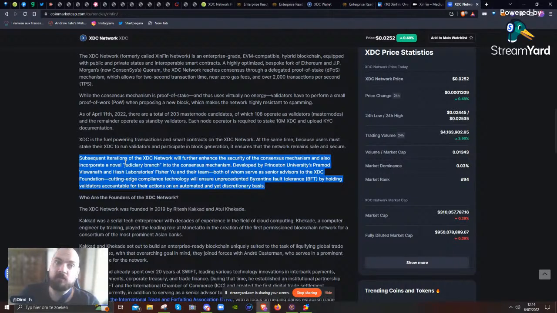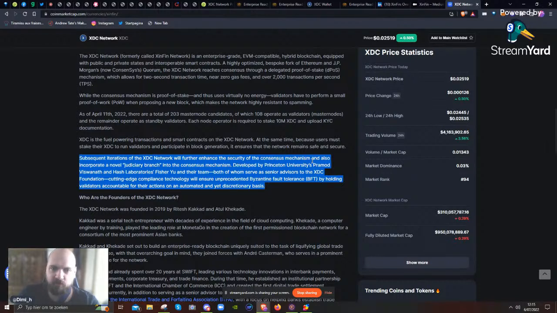Now for itself, for something like an Ethereum clone, this might not be a bad move. However, it goes slightly against the idea that for a cryptocurrency or a blockchain-based project to be successful, it should be as distributed and as decentralized as possible. And if I'm reading something like incorporate a novel judiciary branch, it means, well, foundation and developers leveraging the project and possibly opening up something to, I'm not going to say rug pull it, but leverage money into their own accounts and leave the community out.